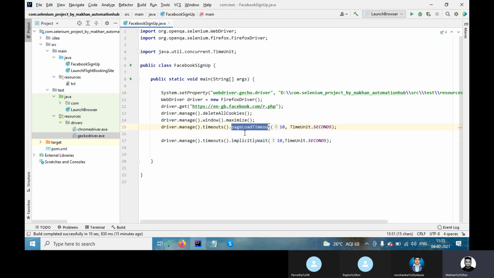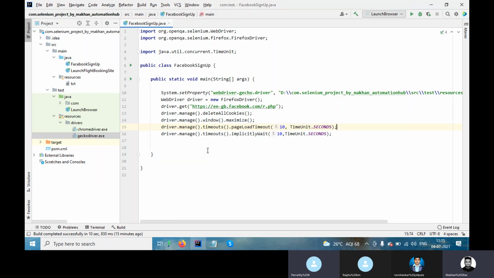The Facebook page loading time we are giving is 10. Hope you understand. If the Facebook page is loaded and then we want to navigate, there we can use implicit wait. Instead of thread, we can use implicit wait.